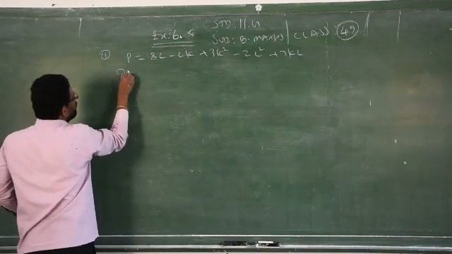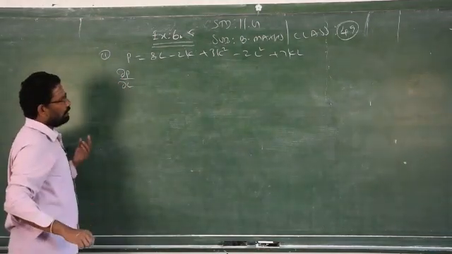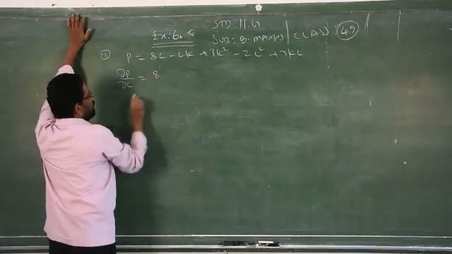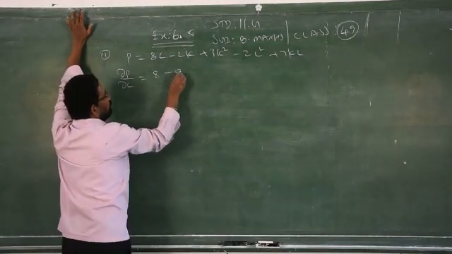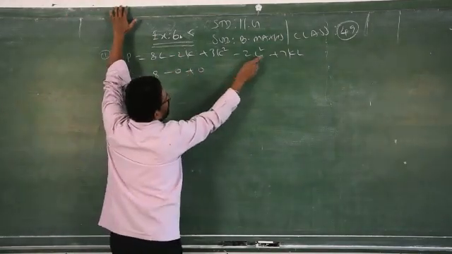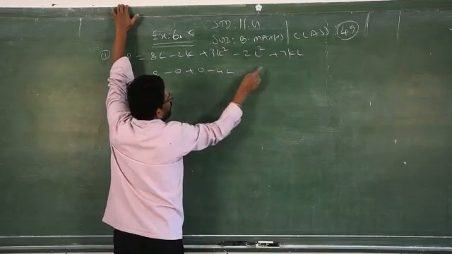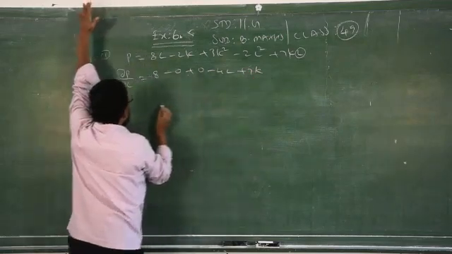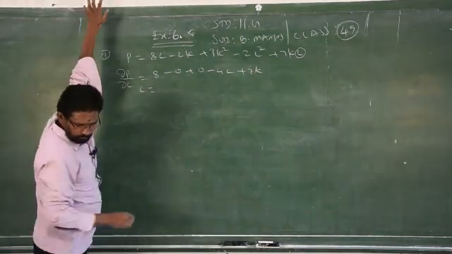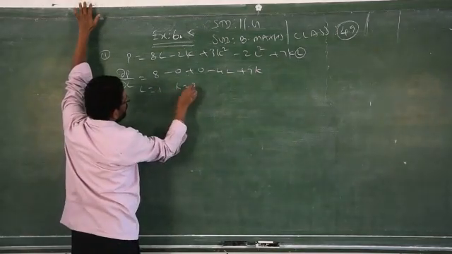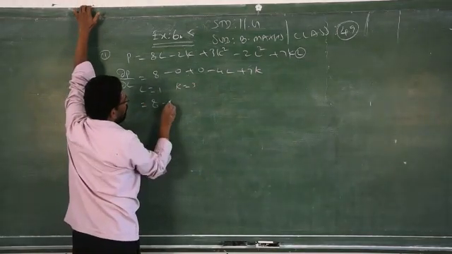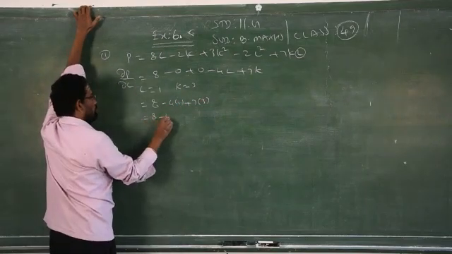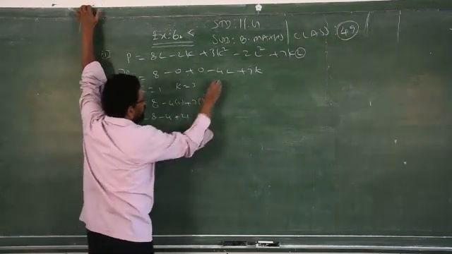First you differentiate with respect to labor or capital K, your wish, dou P by dou L. Wherever L is there you differentiate, like the x variable. There is no L, 0. Here no L, 0. L square gives 4L. When you differentiate L alone, L will become 1. So 7K. Now in the place of L put 1, K put 3. So what will be the answer? 8 minus 4 of 1 plus 7 of 3. Answer 8 minus 4 plus 21. So simplify, you will get the answer.